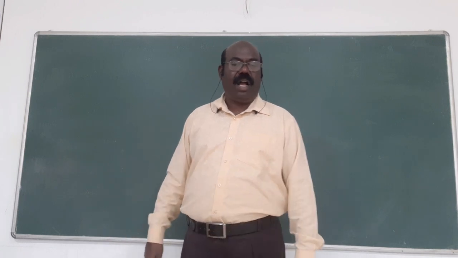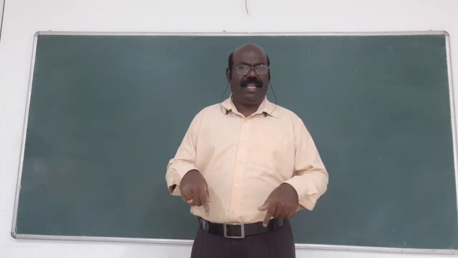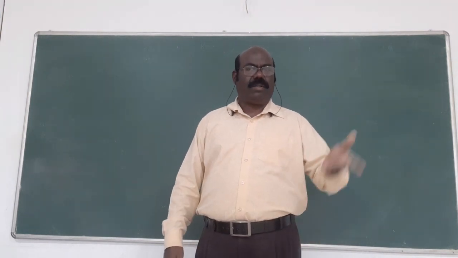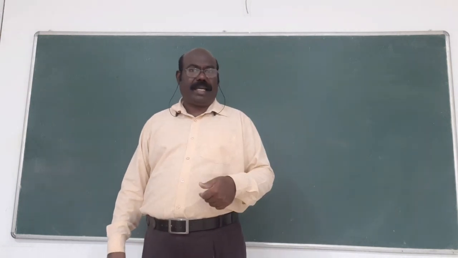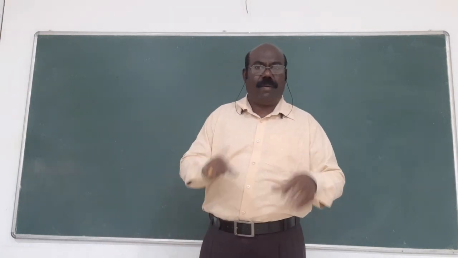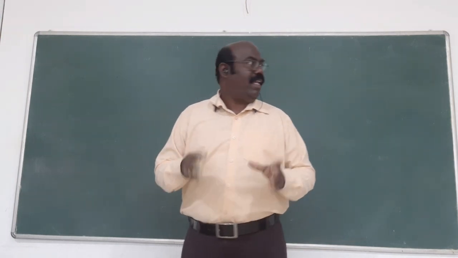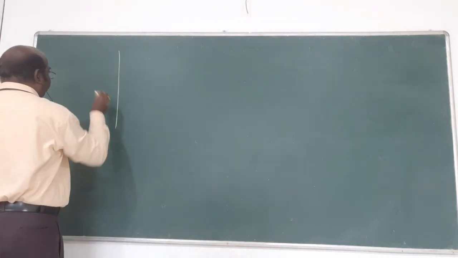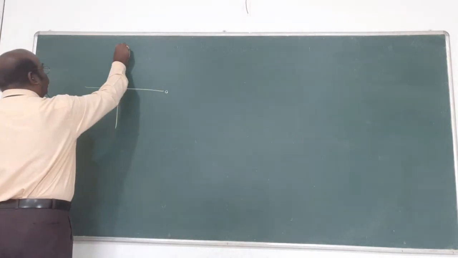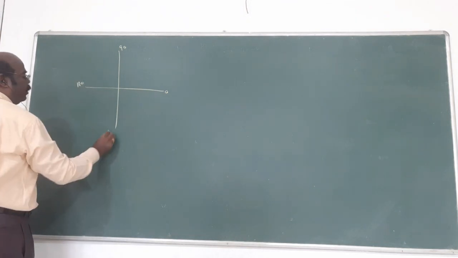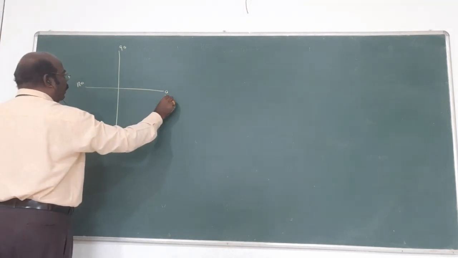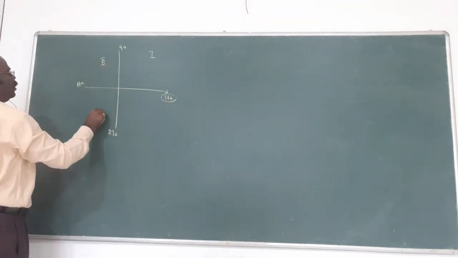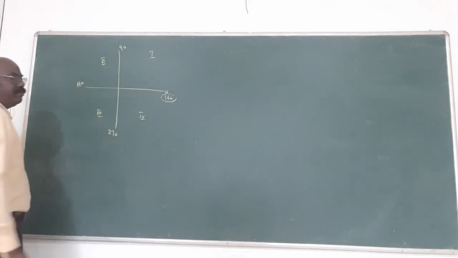A new concept for you. Up to 10th standard, what ready-made table is there: up to 90, 0 to 90 degree, you know the values. Sin 30, 1 by 2. Sin 45, 1 by root 2. Sin 60, root 3 by 2. In this way, you know the values. But for more than 90, what is the method? That's why this is a very, very important concept for you. Very simple concept. Listen here. This is 0 degree, 90, 180, 270. Again, this. Am I right? This is the first quadrant, second quadrant, third quadrant, fourth quadrant. Am I right?